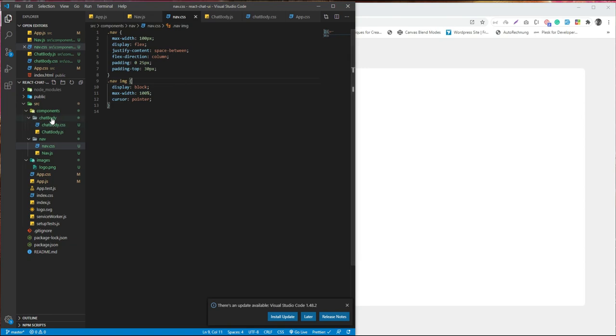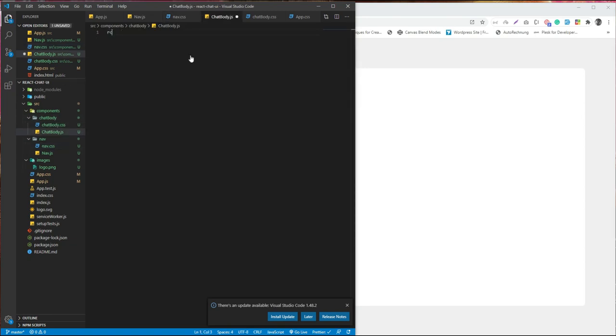And now in the chat body, let's import the CSS first, then give a class of chat body like this. Okay, here in the chat body CSS, let me add some CSS also. I've added everything correctly.